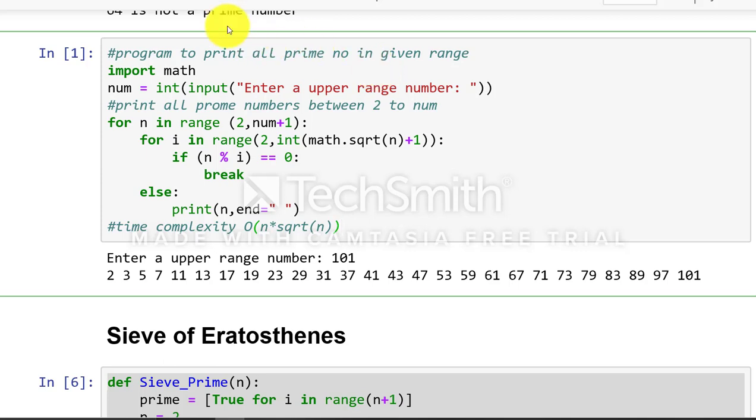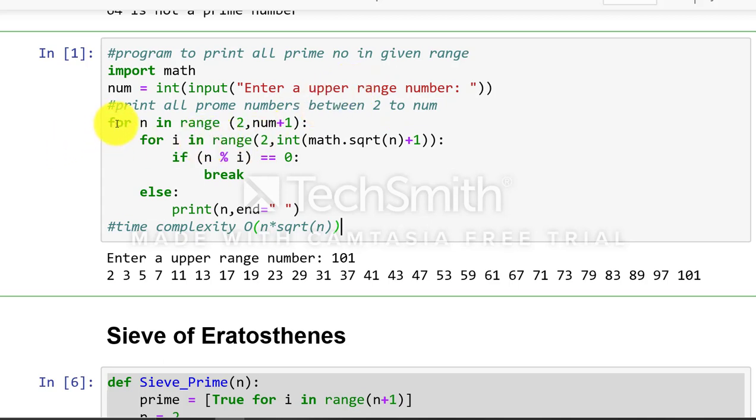So we can check like this. In this case, num is the number entered as the upper range. So this program will print all the prime numbers from 2 to num, and num is your input.